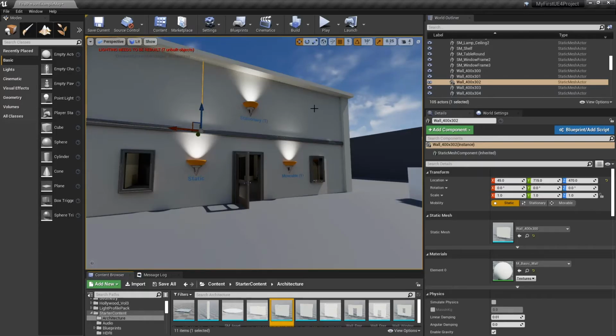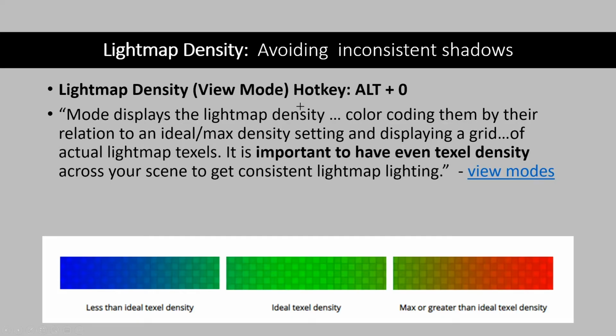Is 64 enough? Well, how do we know? The goal is to create a consistent texel density. I have a slide for that. Let me pull that up. So, light map density. You want to create consistent shadows for your level. And the way you can see this is that there's a tool.